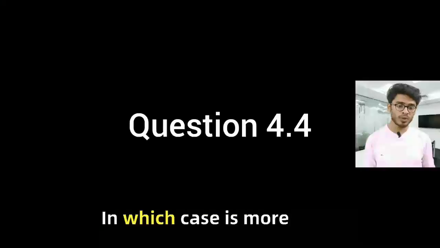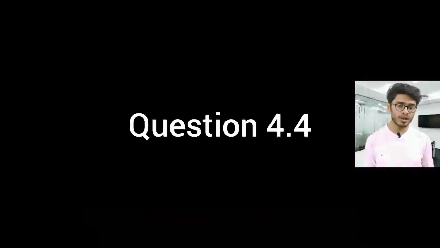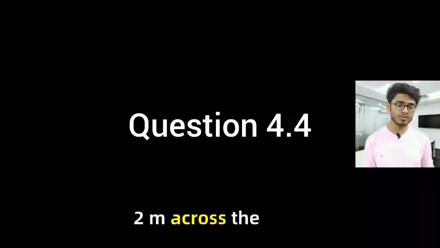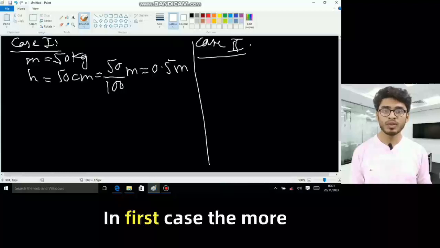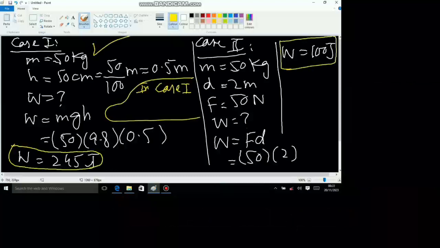In which case is more work done, when a 50 kg bag of books is lifted through 50 cm or when a 50 kg crate is pushed through 2 meter across the floor with a force of 50 Newton. In the first case, more work is done, and this can be proved as